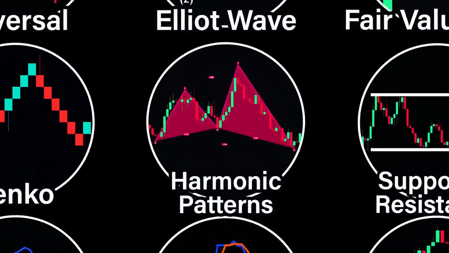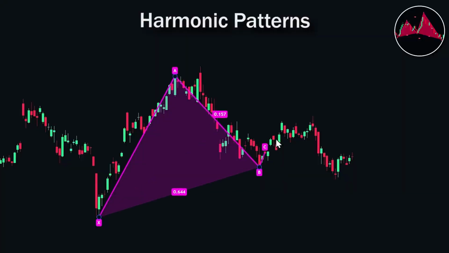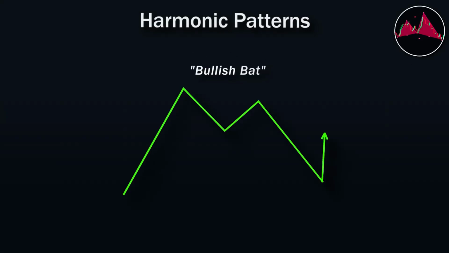Harmonic patterns. These are advanced price patterns that follows a specific shape based on Fibonacci numbers. Traders can then use these specific shapes to predict future price movements. For example, a bullish bat pattern is formed when price makes a series of 4 movements that is shaped like the letter M. Each point can be labeled as X, A, B, C, and D, and each of these points